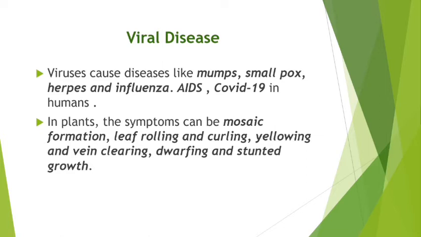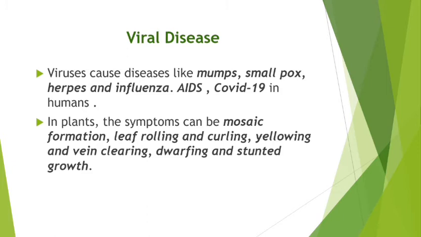Then yellowing and vein clearing. Sometimes you will find that it is not the season for that leaf to be shed, but in some plants you will find that yellowing of leaves is taking place at very early young stages. We know that yellowing of the leaf may take place at old age, isn't it? But in a very early stage, yellowing of leaves can be a symptom of viral